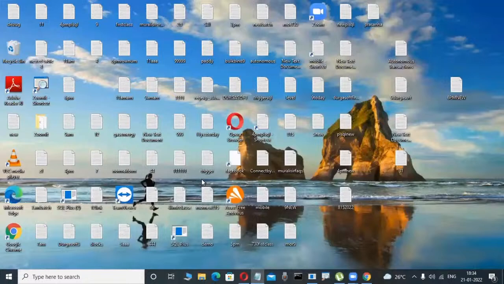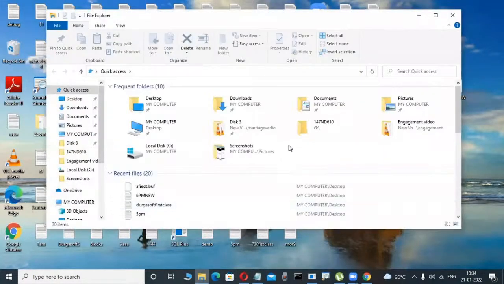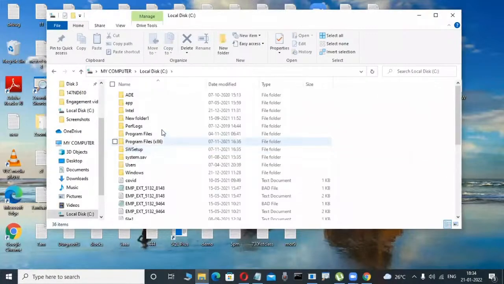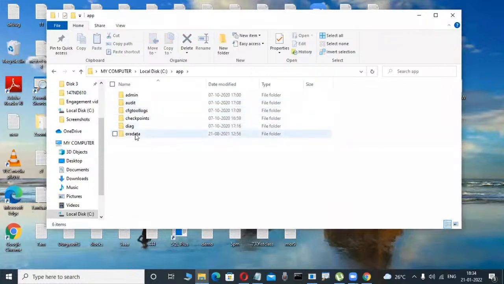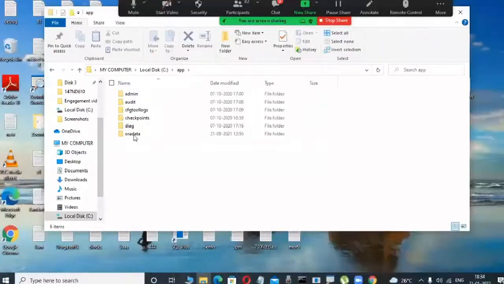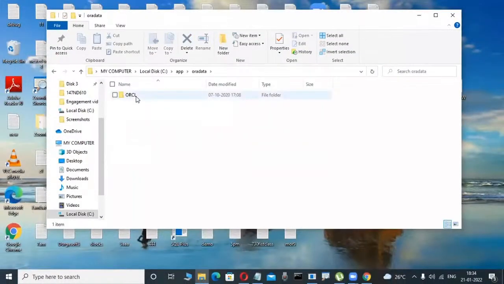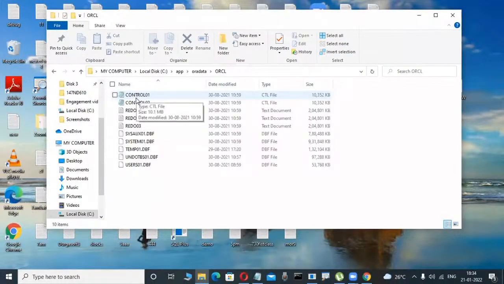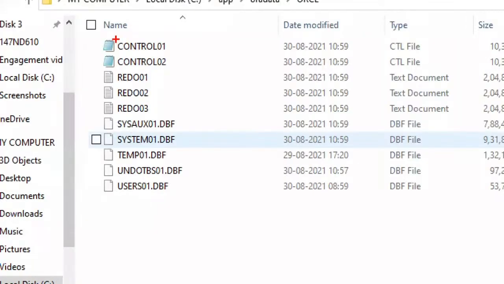Now I'm interested to view whether this table is created or not in my operating system. Suppose the Windows operating system is there, where Oracle is installed. In that location, I try to view, for example, in C:. Where the Oracle is there, those are directories, don't worry. These are folders. Here, Oracle, Oradata, ORCL. I'm observing only. And now in C:, I'm installing my Oracle software. In this Oracle software, anywhere